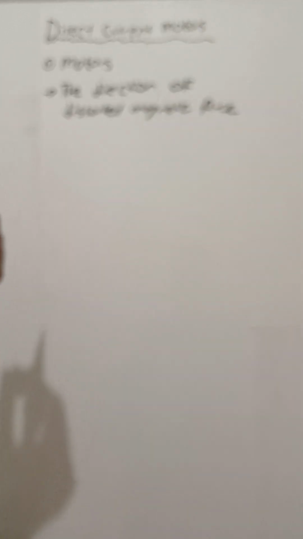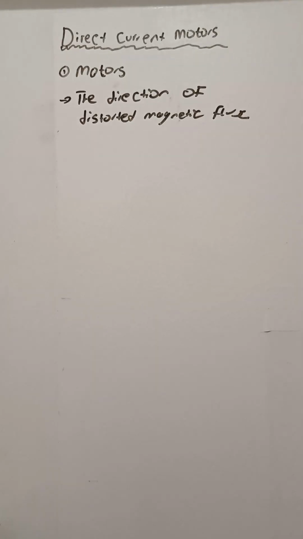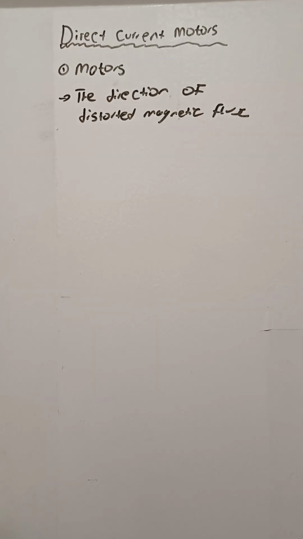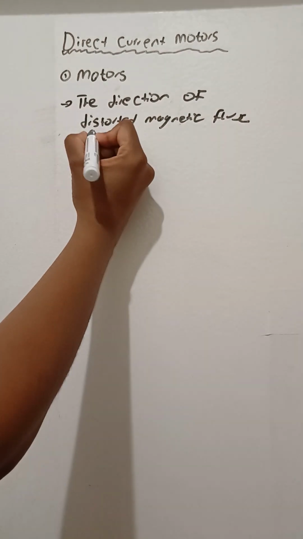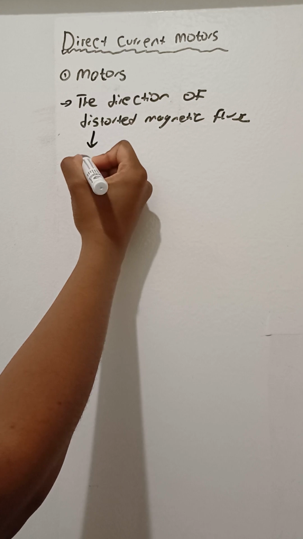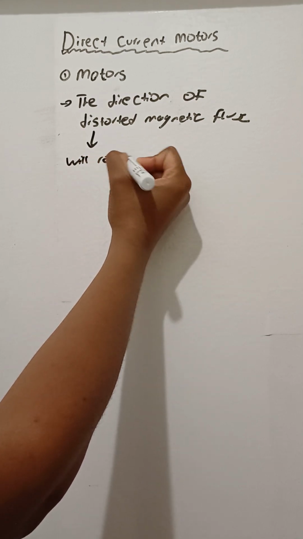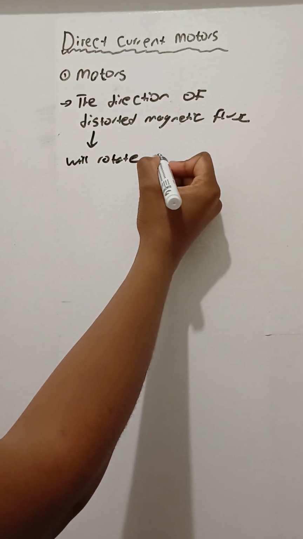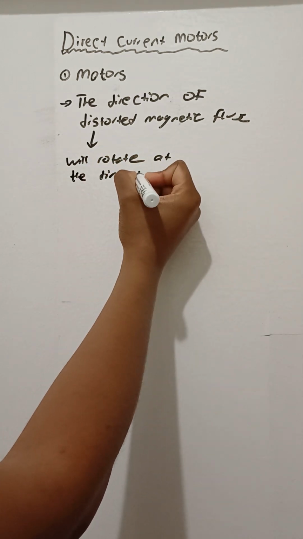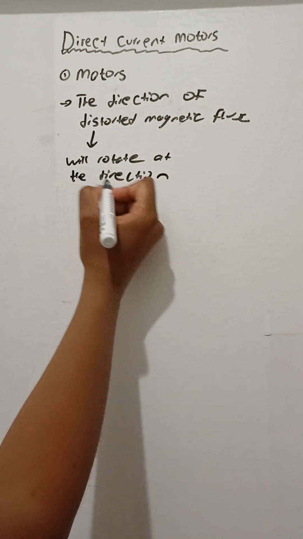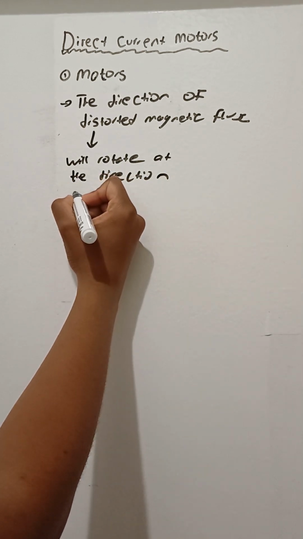So the direction of the distorted magnetic flux will rotate in the direction we got from using Fleming's